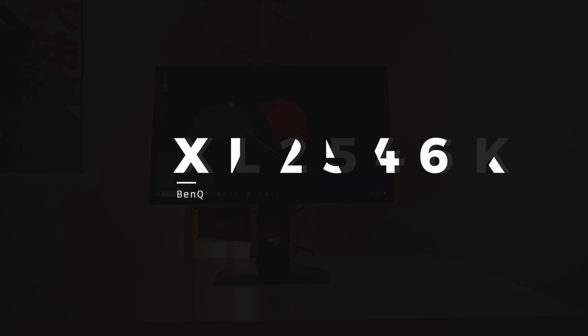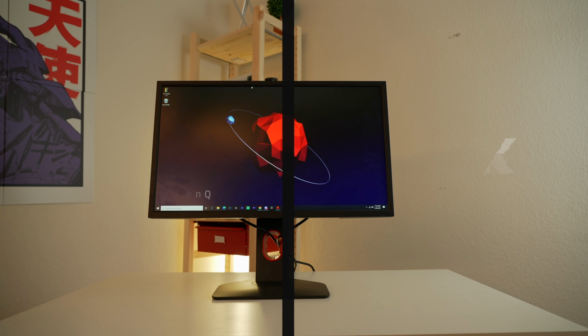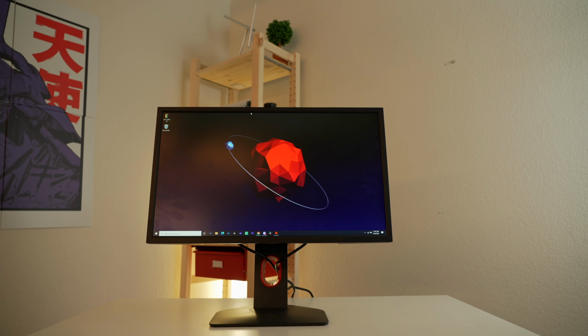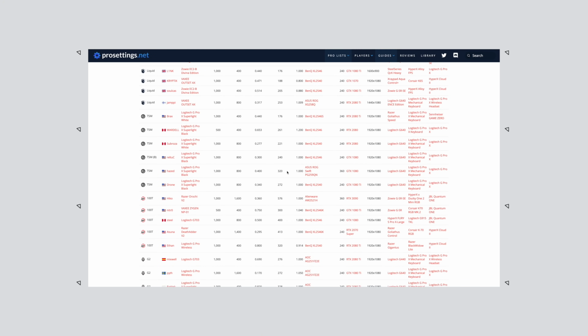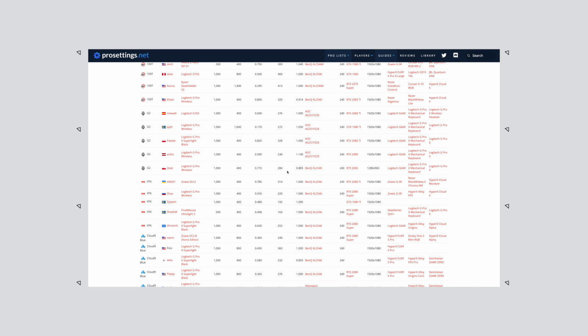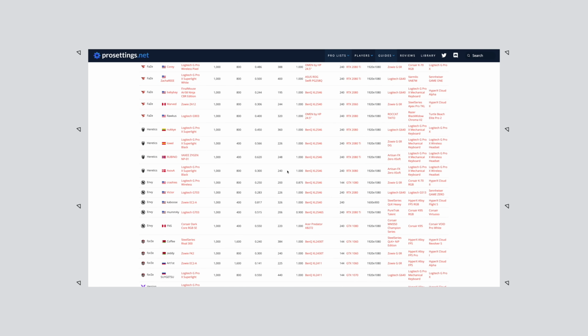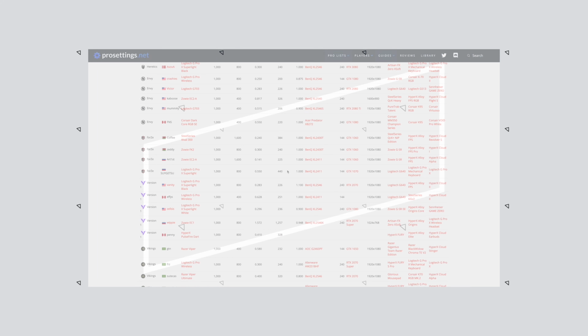This time it's featuring the BenQ XL2546K. I've come up with a few reasons why I think this has been a mainstay in competitive esports. Even if you looked at the most cracked streamers, this is the monitor that they are using. Now, we don't have to be a pro, but there is something I think we can learn from watching a pro. It's like watching Steph Curry's jump shot and taking things from him and using it in your own jump